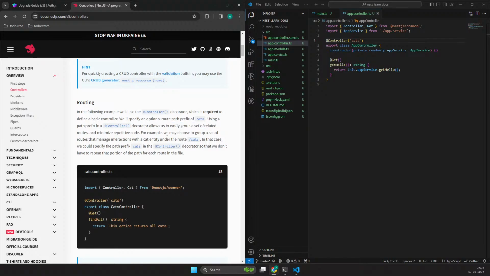For example, we may group a set of routes that manages interactions with a cat entity. In that case, we will specify the path prefix cats in the controller decorator so that